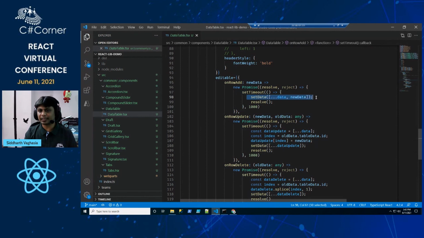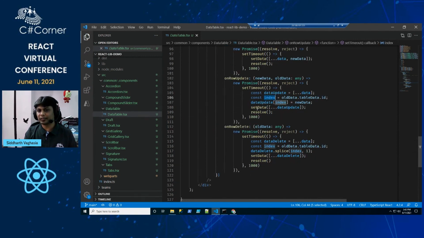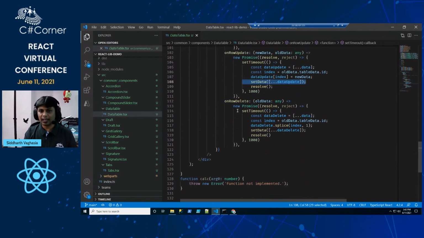Right now we are just setting the data in the state, but we can always save it in the database. We make an API call and actually save it. The same happens with row update. We first get the actual index which is getting edited, then update the new properties or the updated values and set the state again. On row delete, we are using splice to just remove it from the array content. But in a real scenario, we might be making actual API calls, first displaying, for example, a pop-up window asking whether you really want to delete this, and then actually deleting it.